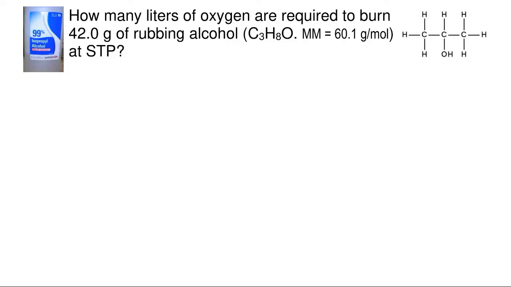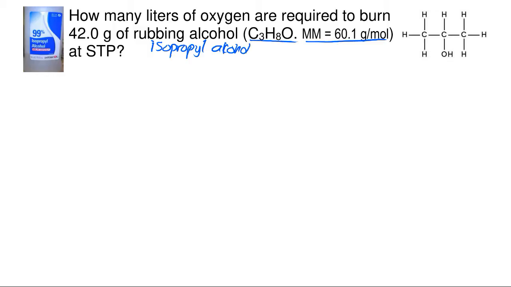This is another example of a mass-volume mixed stoichiometry problem where a gas is either required or emitted at STP. The question is, how many liters of oxygen are required during the burning of 42 grams of rubbing alcohol, also known as isopropyl alcohol or isopropanol? The molar mass is given, and as is the chemical formula of rubbing alcohol, but